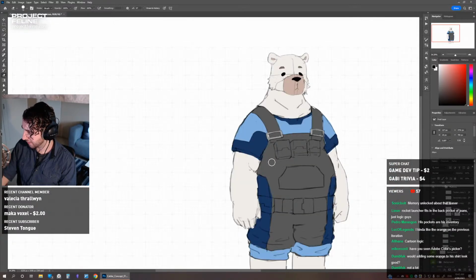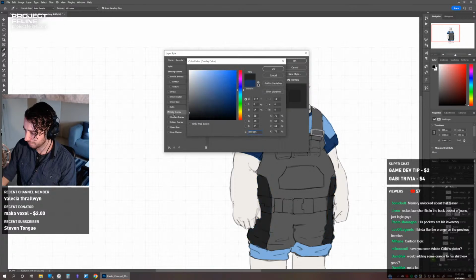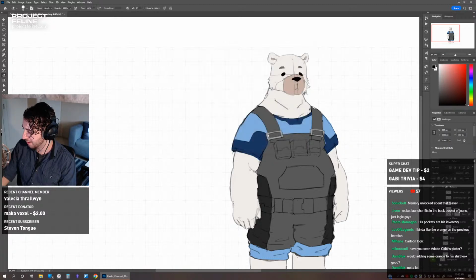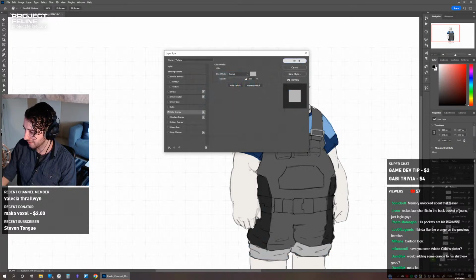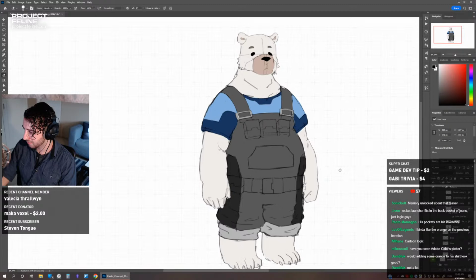Should I leave these? Because I don't think I'm going to change his fur color, but it's the armor that I want to change. So I'm just going to eyeball whatever I feel like, and then we'll critique and see what we want to change. I'm just splatting on whatever for the moment. Make that a bit darker.